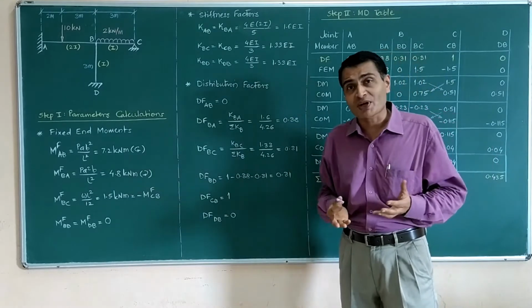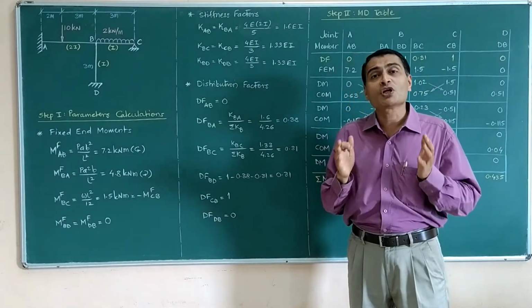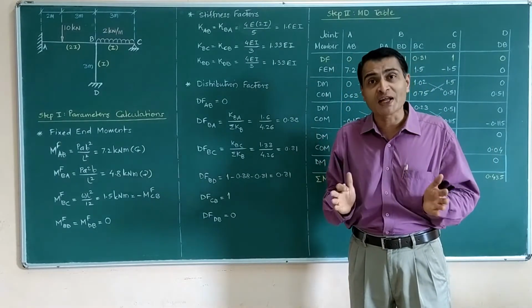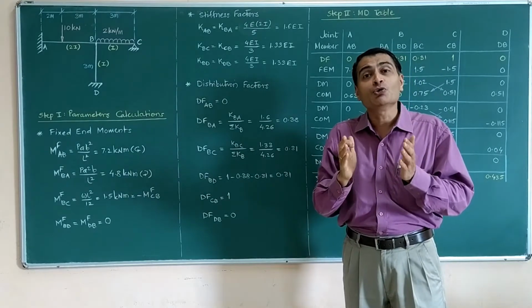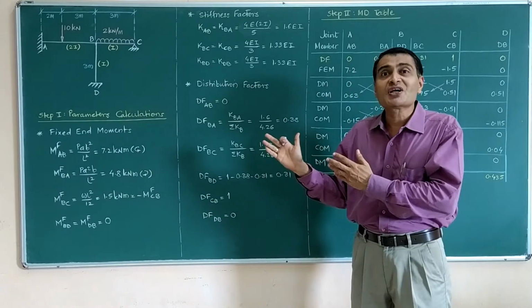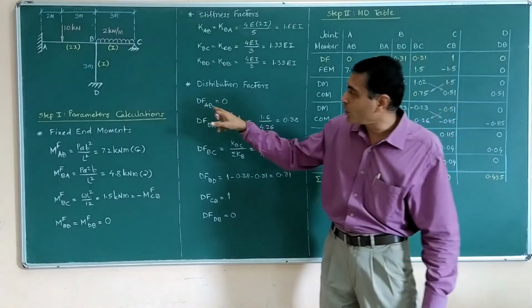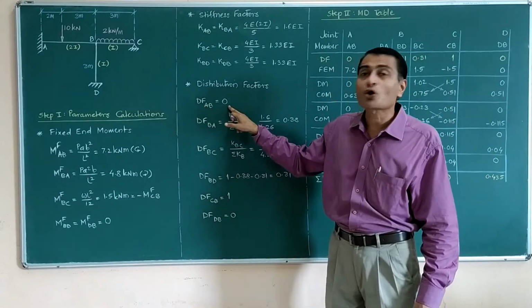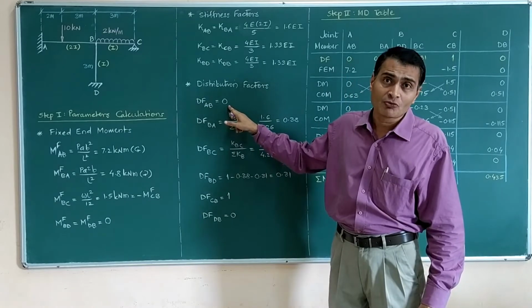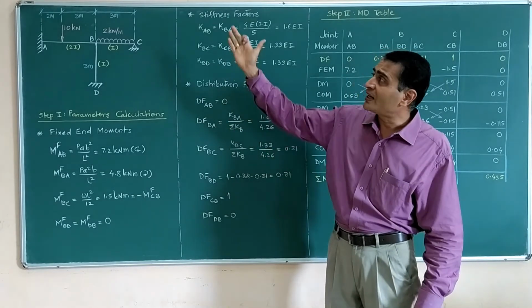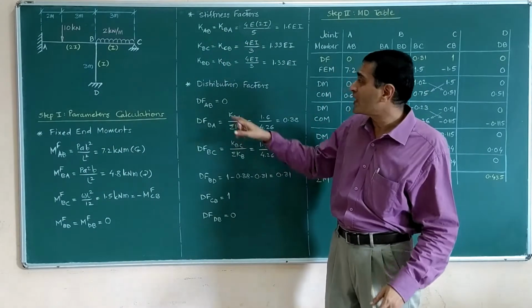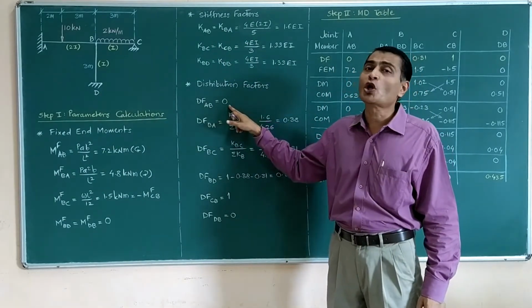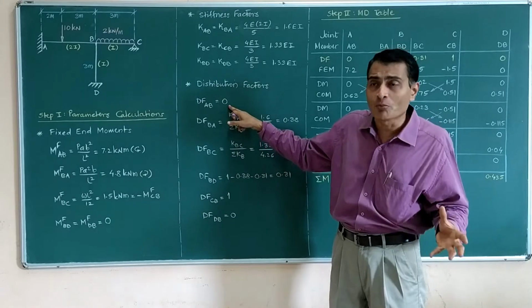Now distribution factors. Here we have to remember that we are solving a frame and we have a T joint, a rigid joint at B, which is a T joint. So let's see how we handle it. First of all, the distribution factor for AB is 0, from the well-known idea that the rigid wall at A will absorb the entire moment, so for AB there will not be any distribution of applied moment.